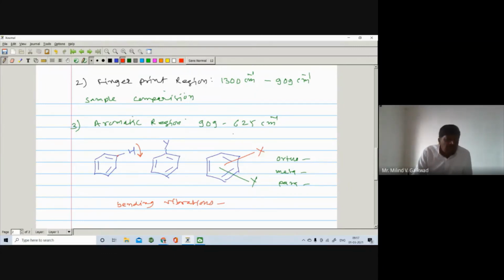Okay, so this is about IR spectroscopy. This is a very important part. Whatever part we have learned today, we are going to repeat till we complete the topic. If you attend the lectures, you will also remember the values, because the values are many, and again we can remember how to find out the structure of an organic compound by using IR spectroscopy.